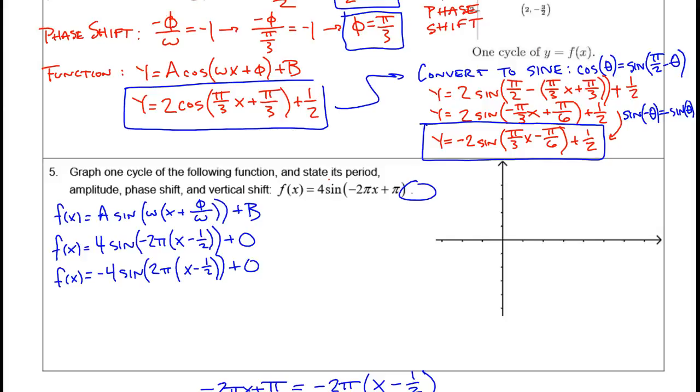Let's talk about the different pieces here. We have an amplitude of 4. Because we have a negative sign, that negative sign indicates a reflection across the x-axis. And we then go over here. This represents our omega. Omega equals 2 pi. This right here is going to help us out with our phase shift. Phase shift, if I could spell phase. Folks, apparently spelling is not a requirement to be a math teacher. Phase shift,